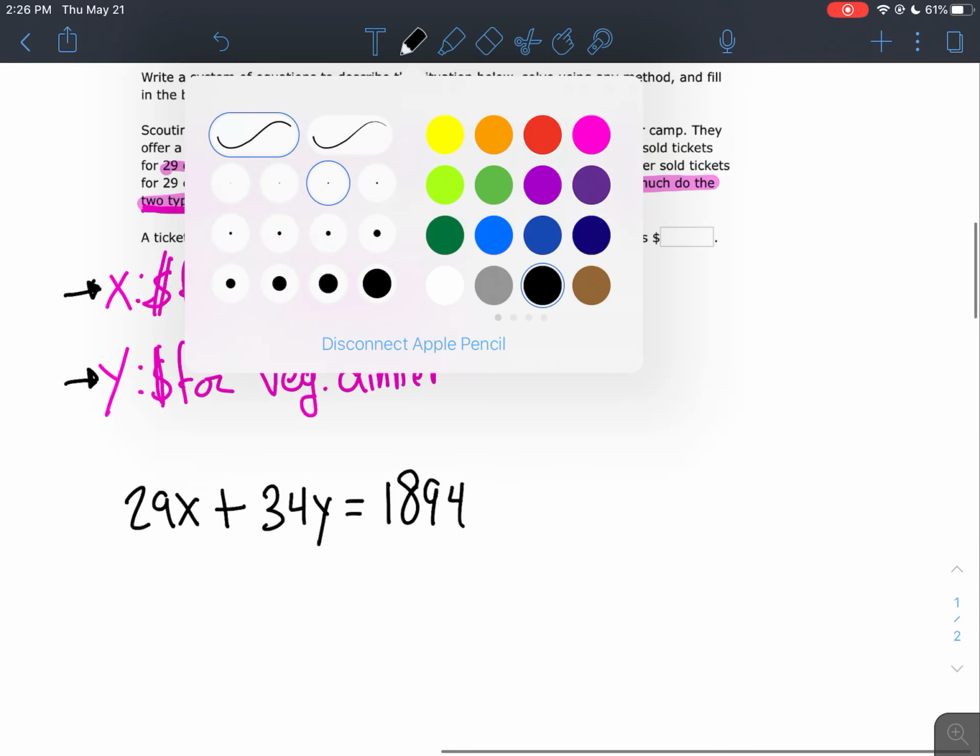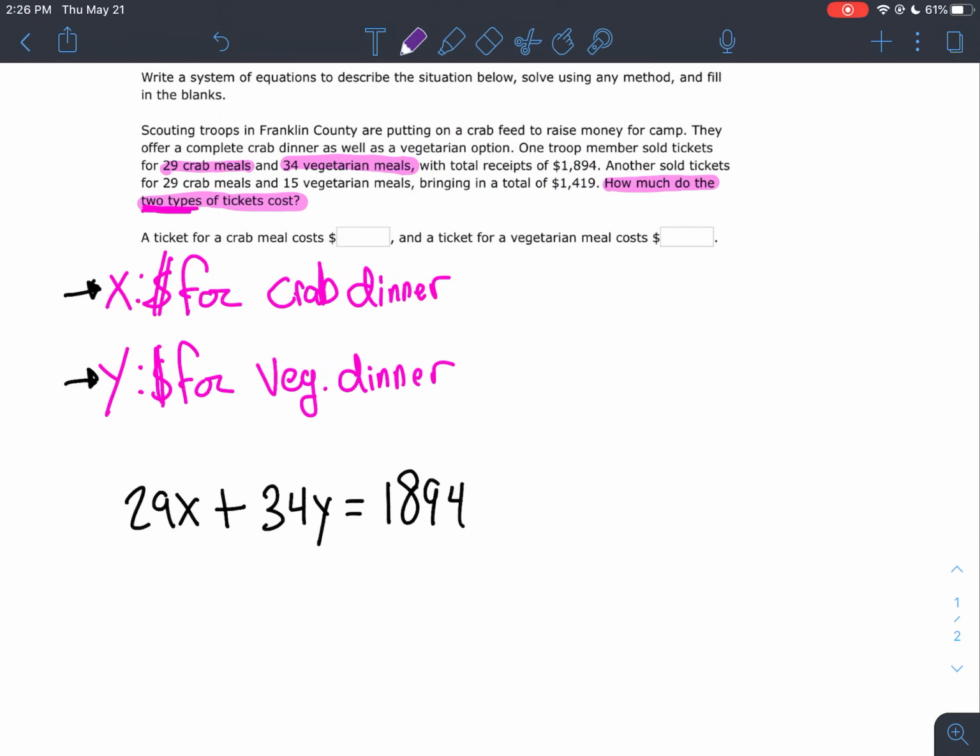Now the other troop member sold 29 crab meals, so another 29 X's plus 15 Y's,